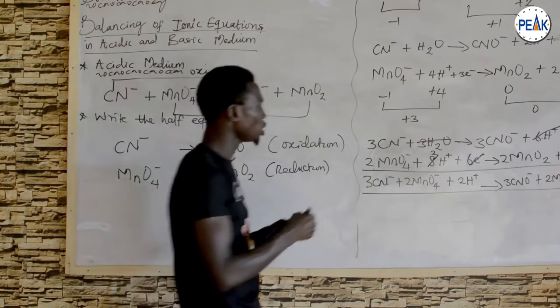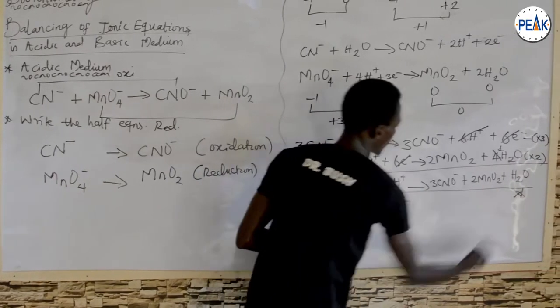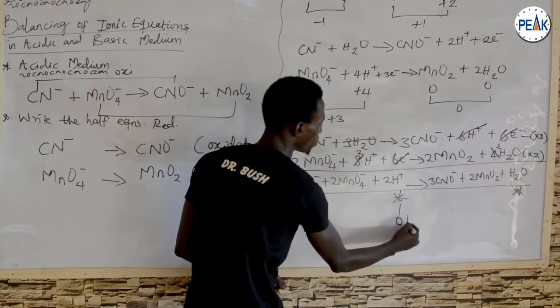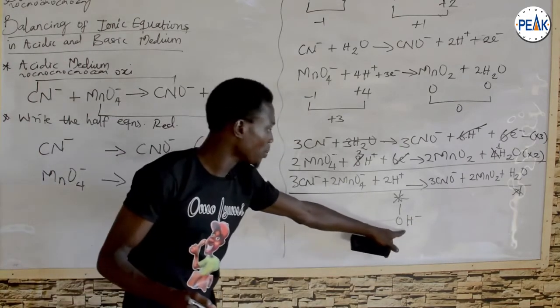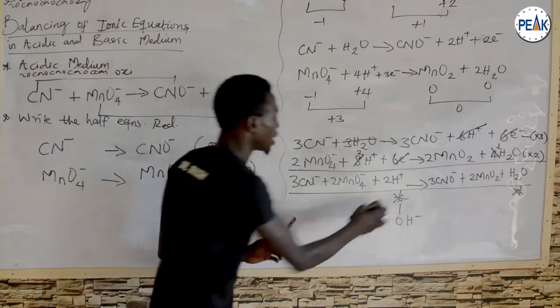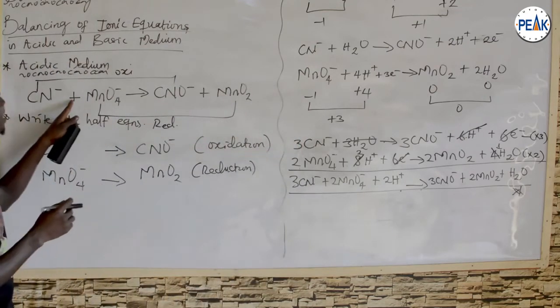All you have to do is interchange the hydrogen ion and the water. But when interchanging them, take note that the hydrogen ion will now become OH minus. That is because this represents basic medium, but the H plus represents acidic medium. Which means that this same equation, if I go through the steps correctly to balance it in basic medium,